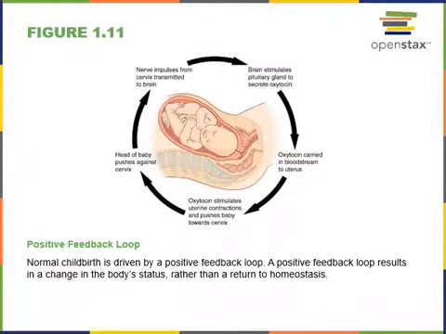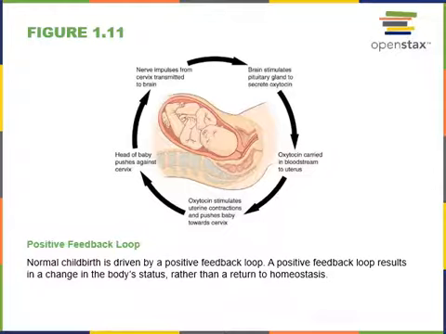A positive feedback mechanism is less common in the body, but involves an effector producing a response that intensifies the original stimulus, which causes the variable that's being regulated to move further away from its normal limits, which will be destabilizing. The example shown here is childbirth, which is driven by a positive feedback loop